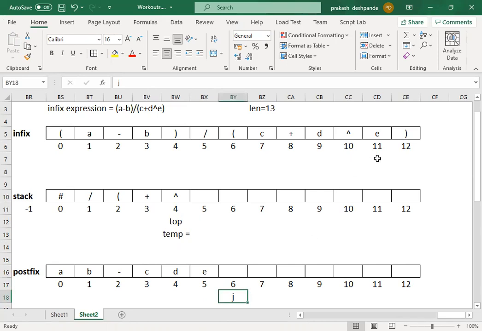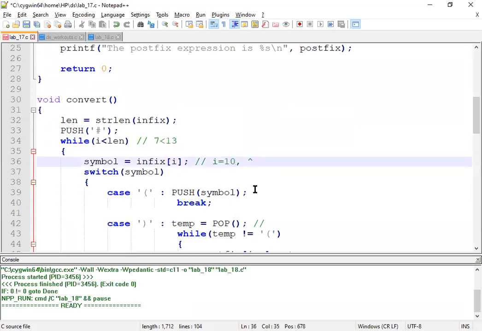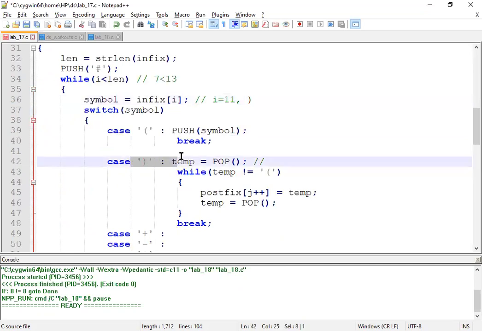Okay. The next character is the closing parenthesis. Now I becomes the closing parenthesis. I is 12, and 12 is less than 13, so the condition is still true. The element we are scanning here is the closing parenthesis, so this particular condition becomes true.